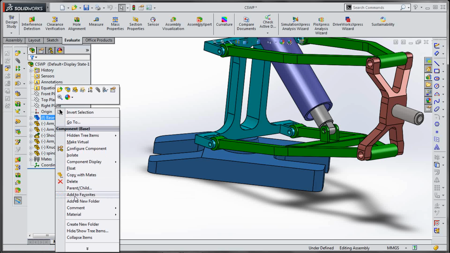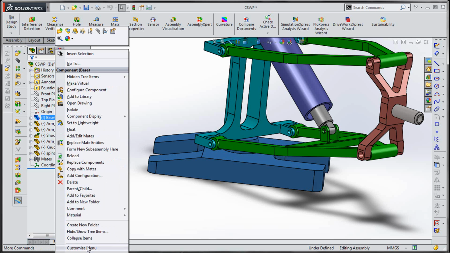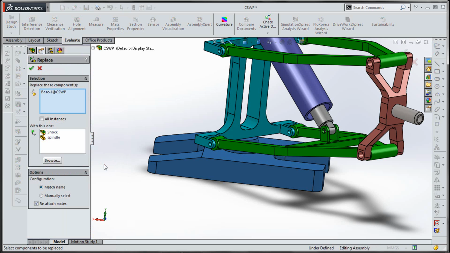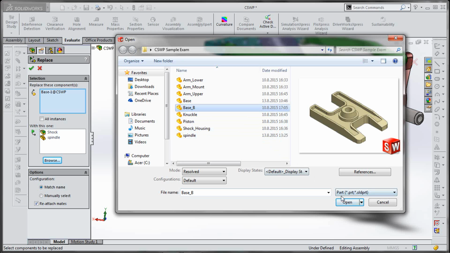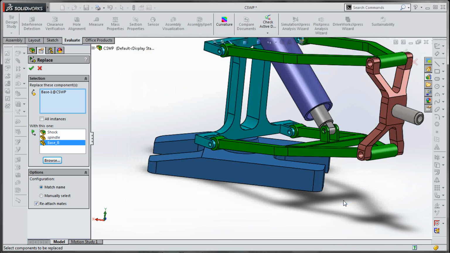So right click, and if you don't see Replace Component here, you can click on the arrows and find it. So replace base with this, browse Base B, open.